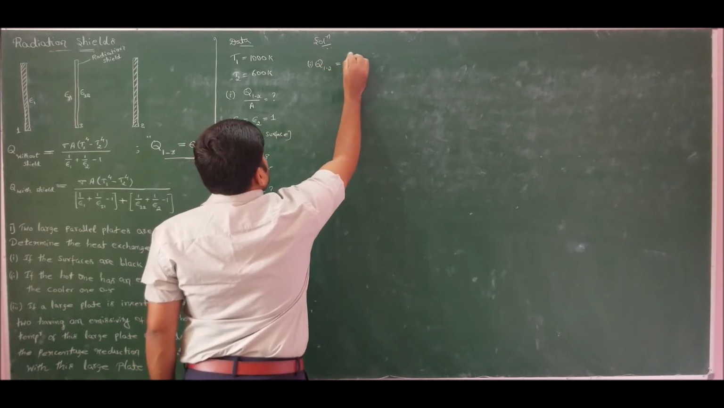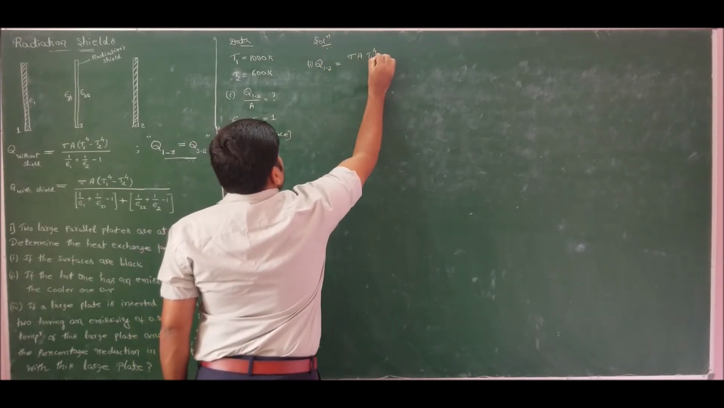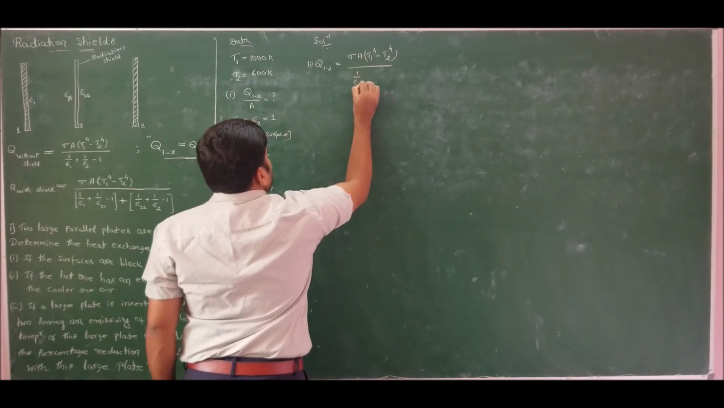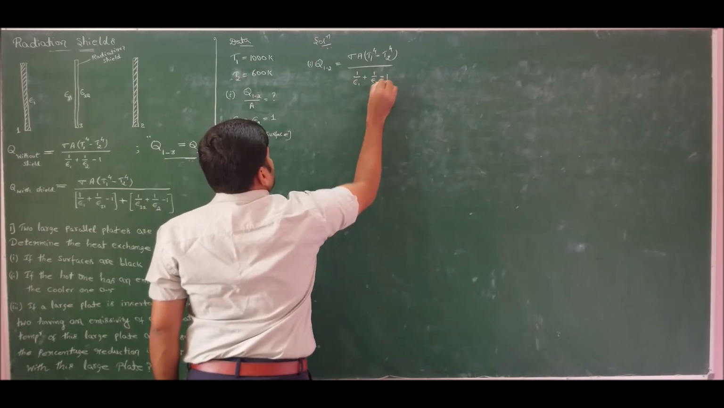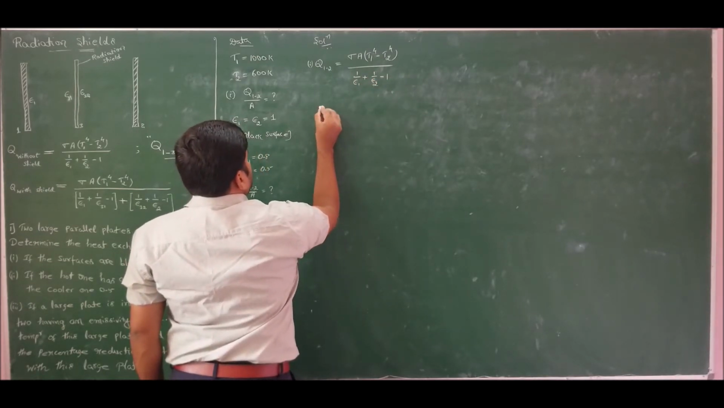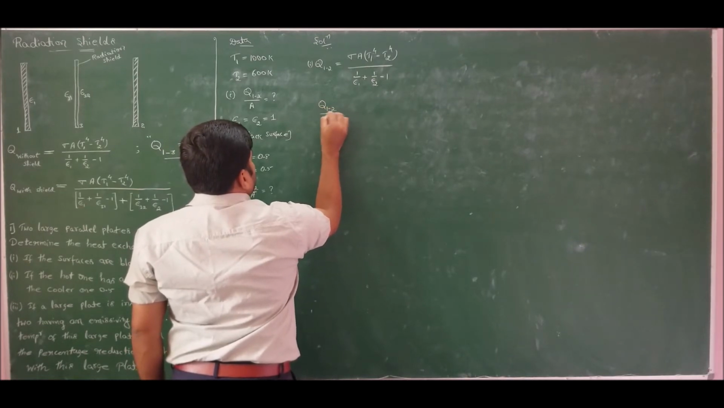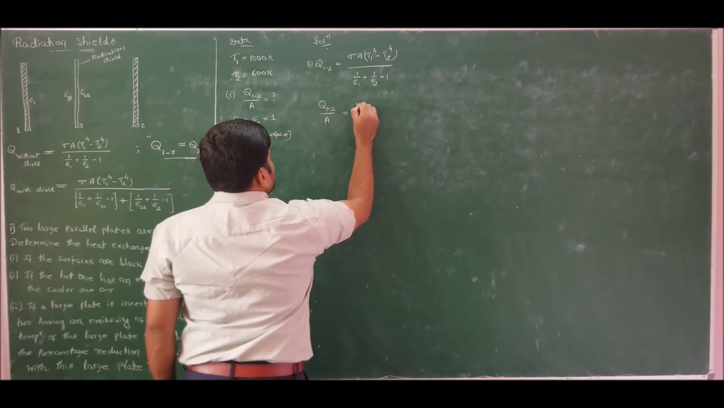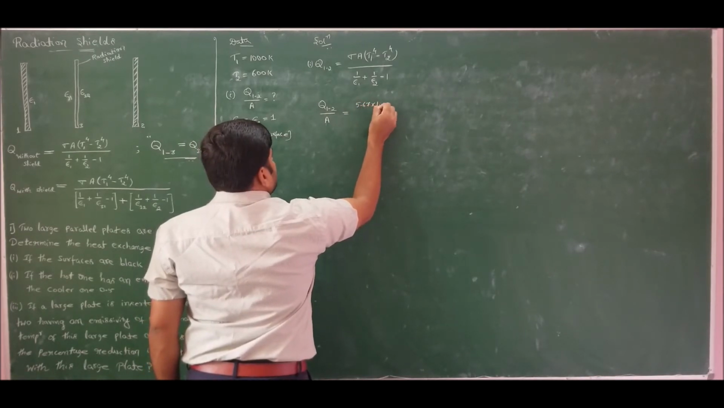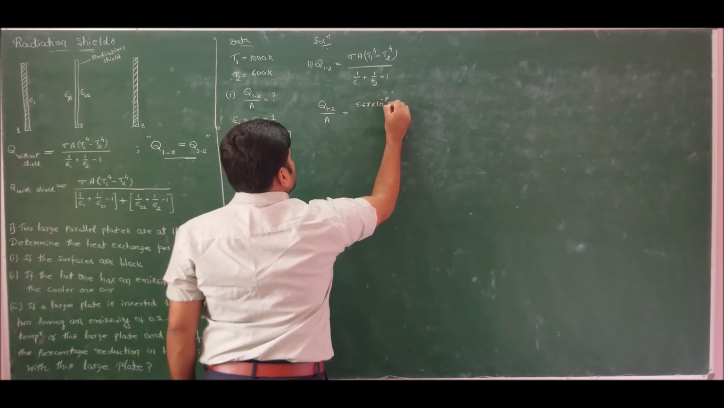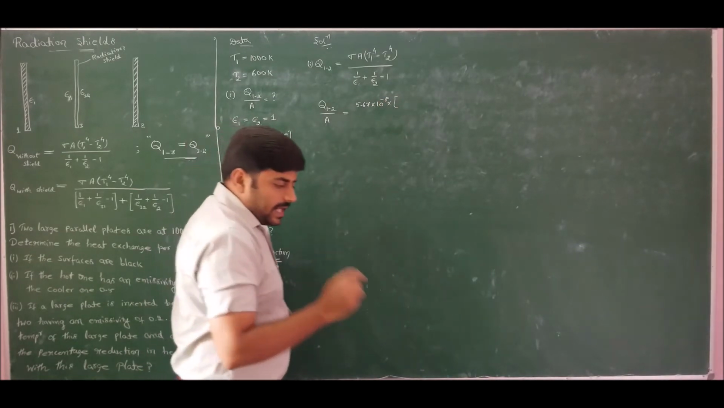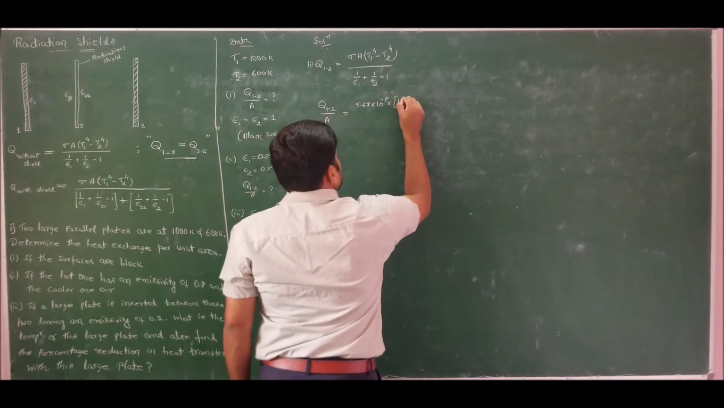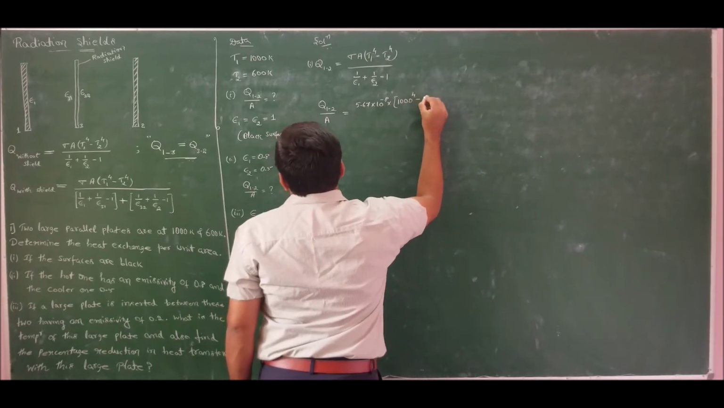Q12 is equal to sigma A (T1 to the power of 4 minus T2 to the power of 4) divided by (1 by epsilon 1 plus 1 by epsilon 2 minus 1). So now he is asking us to calculate the flux. So therefore Q12 by area will become, we know the value of sigma, which is 5.67 into 10 to the power of minus 8, Stefan's Boltzmann's constant. Always remember, for radiation problems, temperature should always be in Kelvin. Very, very important. So T1 is known, which is 1000. T2 is given as 600